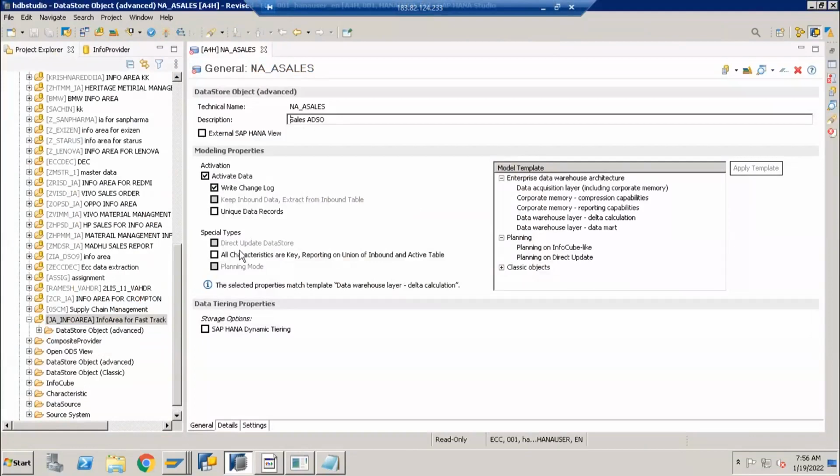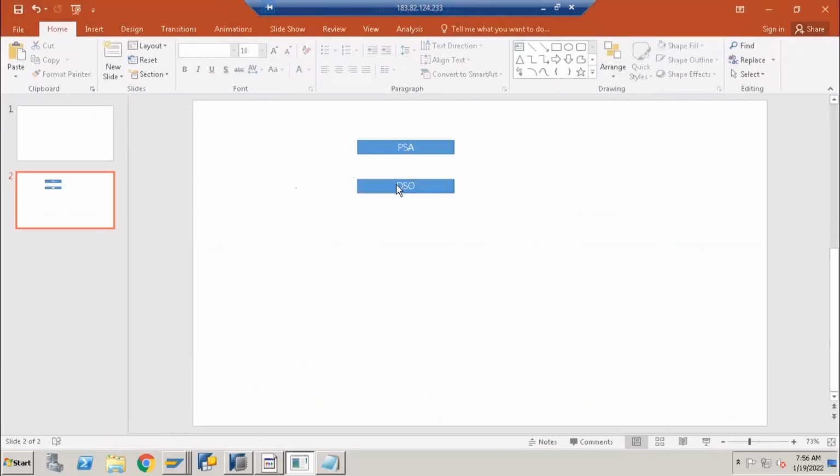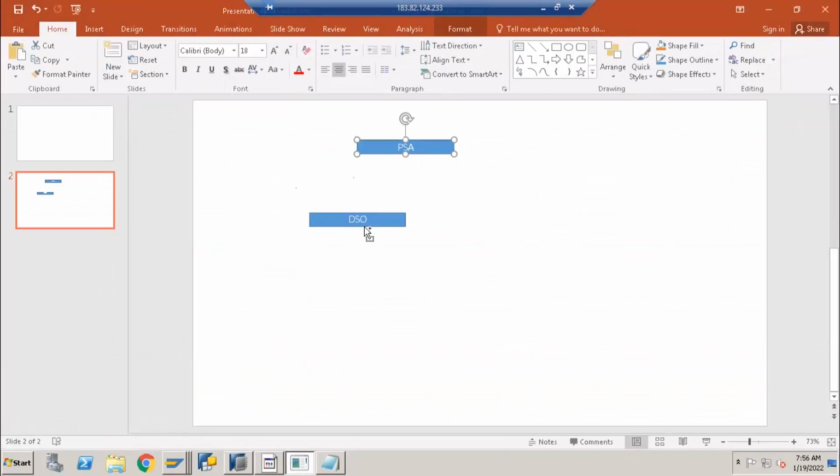When I'm creating the ADSO, you see we have three tabs: general tab, details tab, and settings tab. In the general tab we need to do some settings. Before going to the settings, let me give you some introduction about this ADSO. In traditional BW we have a DSO and we have a cube concept.